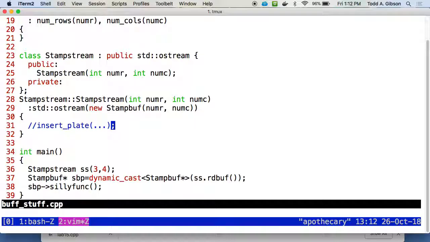Any other questions? The other thing in the destructor,